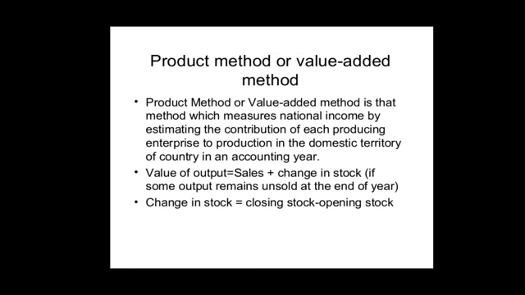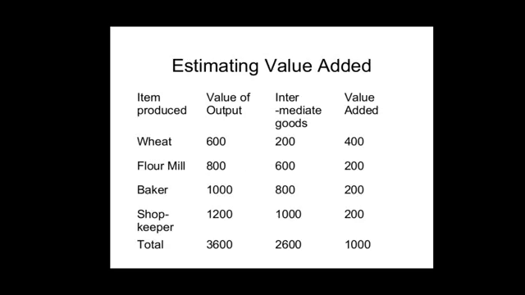This method can be better explained with the help of an example given in this slide. This example involves the production of bread, which passes through 3 different stages. First, the farmer produces the wheat and sells it to the flour mill. Second, the flour miller turns the wheat into flour and sells it to the baker. And third, the baker makes bread and sells it to the final